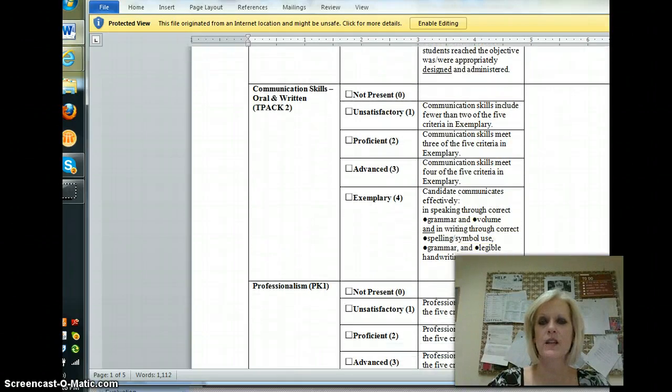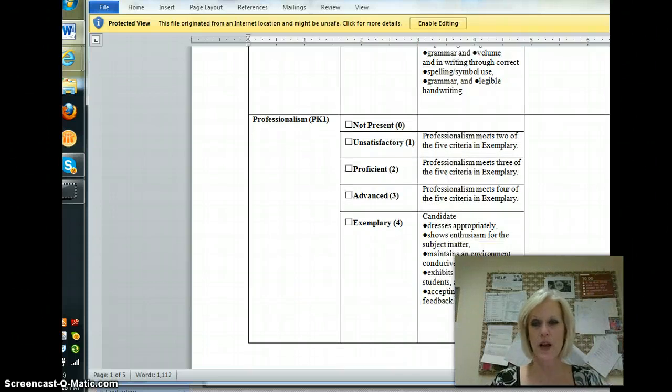And then communication, written and oral skills. There should not be any grammatical or typo errors in your actual lesson plan. I know, and I guess it's an excuse, but I email a lot and I write a lot, and I know that sometimes I do have a typo, but I don't have a typo in information that's going out to parents. I would not have a typo in a lesson plan, so just be sure that you go through and you proofread. Professionalism, remember professional dress.